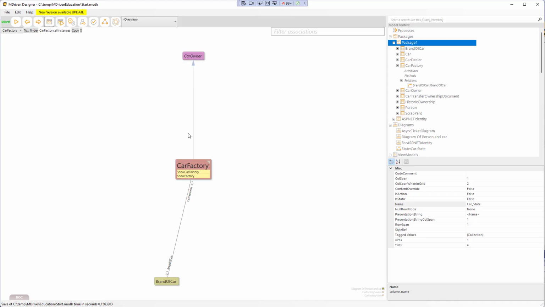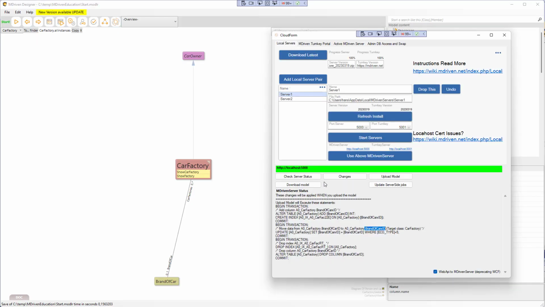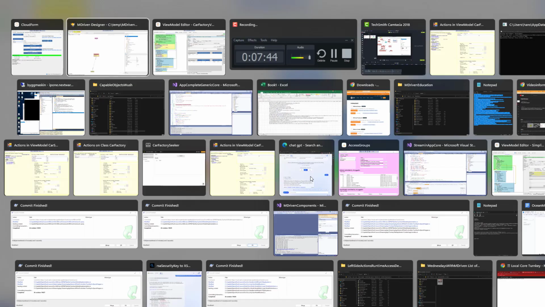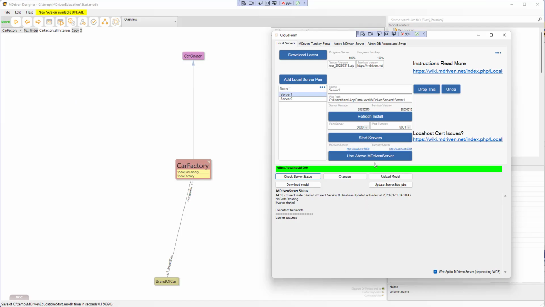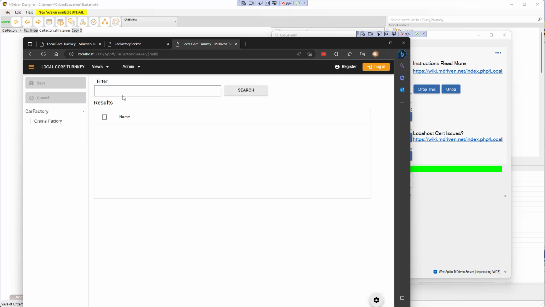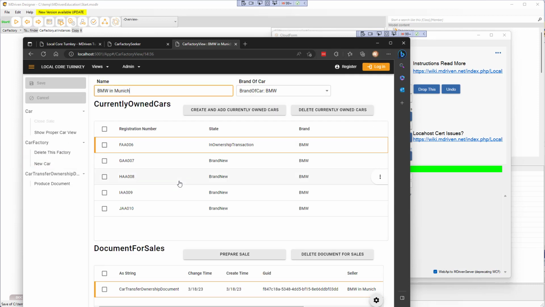Let's upload this and see how it behaves. I'm going to check service, check the changes. There's no changes detected, but there's still actions and view models maybe, of course, and that's exactly what we have done. So I'm heading over here and open up the browser to find my things, and in the factory seeker I have the BMW in Munich. I'm going to show that factory,